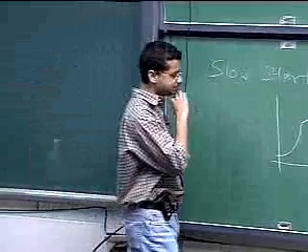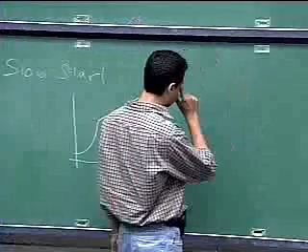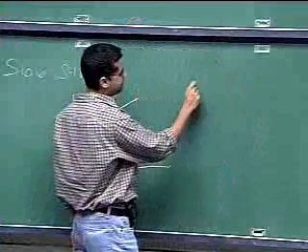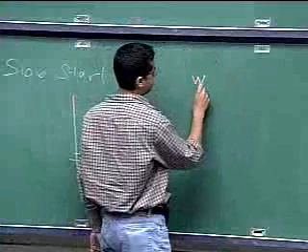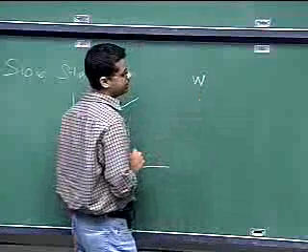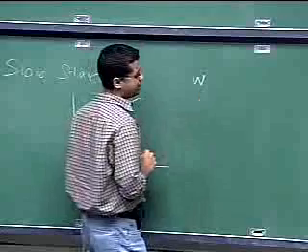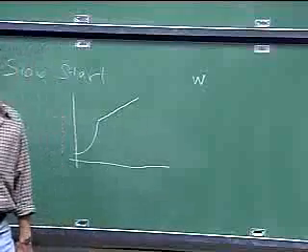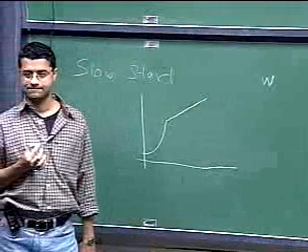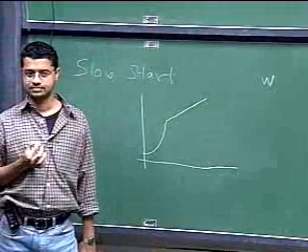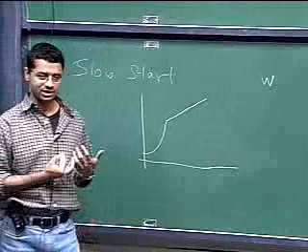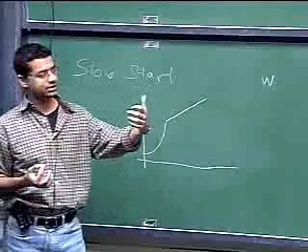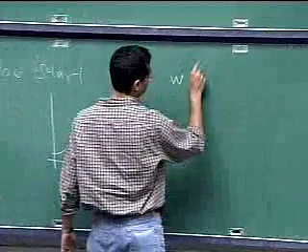So how is it implemented? Let's say your window size is W. So how many acknowledgements are you expecting? You're expecting W acknowledgements to come back. If your window size is W, you send out W packets, then W acknowledgements will come back. So if you're, let's say, doing additive increase,